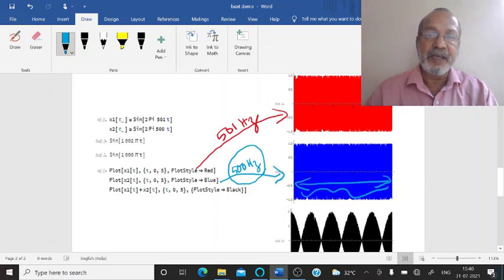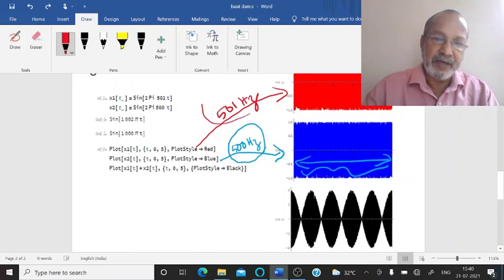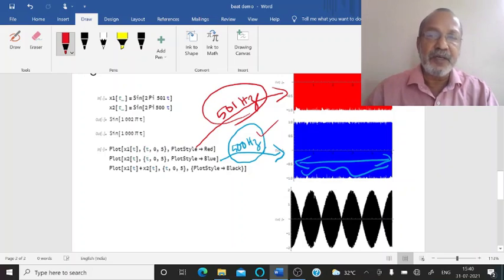But in the third diagram you can clearly identify the number of beats per second. Here we have the frequency of the first SHM as 501 Hertz and the second one as 500 Hertz. So the difference in frequency is 1 Hertz, that is 1 beat per second, which you can clearly see here.